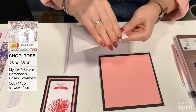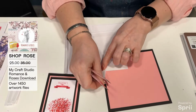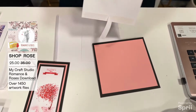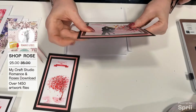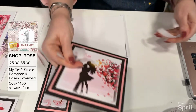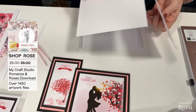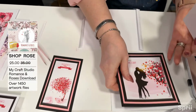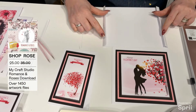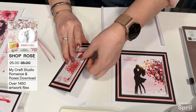Let me take the backing off. All I've done is cut myself mats and layers. So if you still like the idea of making a physical card, it doesn't stop you doing that. It doesn't take that away. You can absolutely still make the physical card like so. I created my mats and layers, my white pieces. So this is now my card blank. Then I measured this, cut another piece, scored it and put tape on here. So what I've actually created